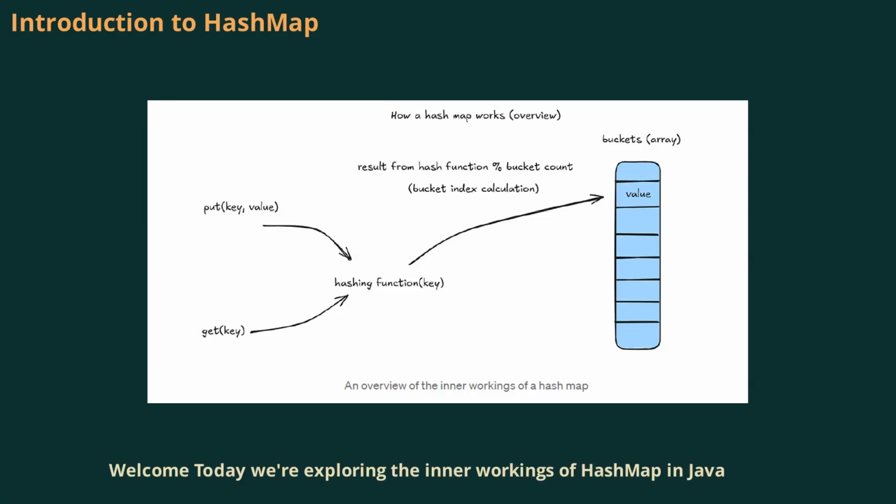Welcome. Today, we're exploring the inner workings of HashMap in Java. HashMap is one of the most widely used data structures in the Java collections framework, offering efficient storage and retrieval of key-value pairs. Understanding how it works is crucial, especially before diving into more advanced topics like thread-safe collections. We'll break down the core concepts, see how data is stored, and uncover the mechanisms that make HashMap both powerful